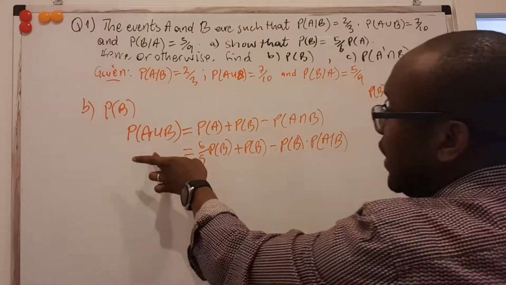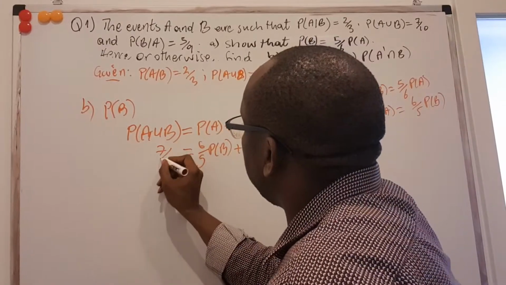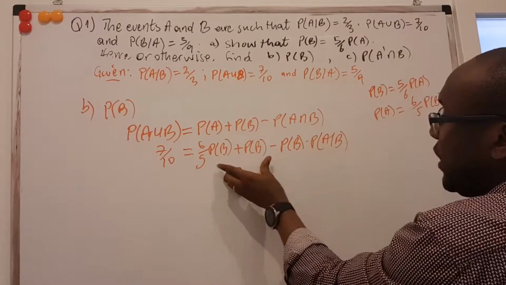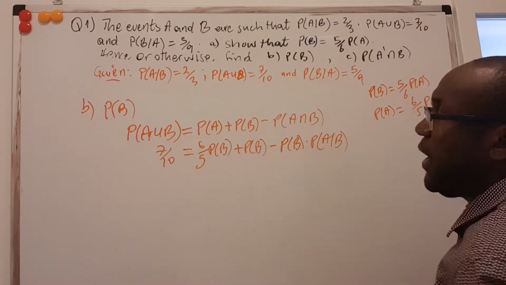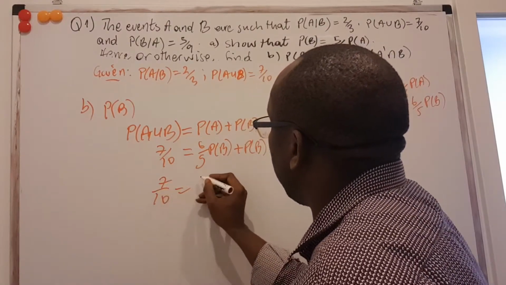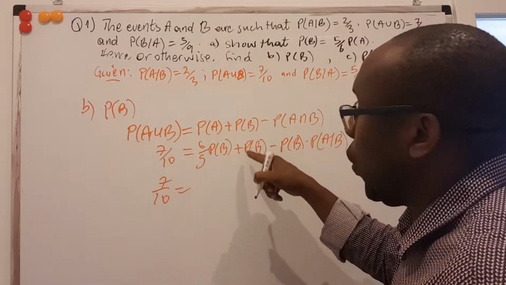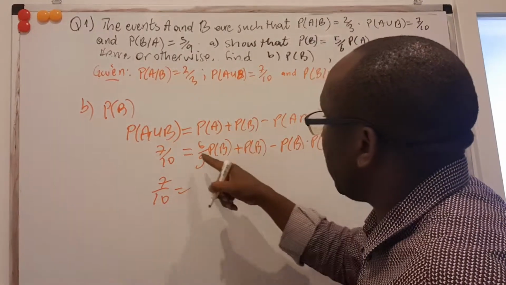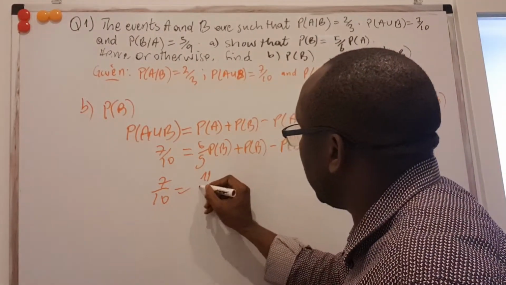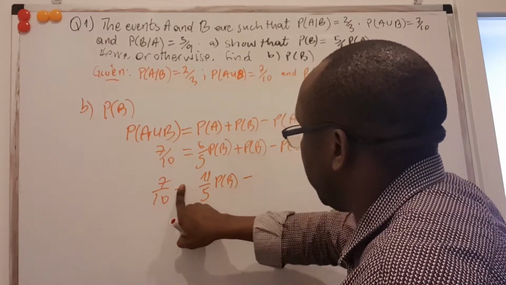If I do this, then I know my right hand side, the P of A union B, is 7 on 10. P of A given B is 2/3. So then I have my P of B that I can play around with to come out with the result. 7 on 10 is equal to, if I add this together, this is a whole, so this is 1 plus 6 on 5. I can say that's 5 on 5. So that becomes 11 on 5 P of B minus